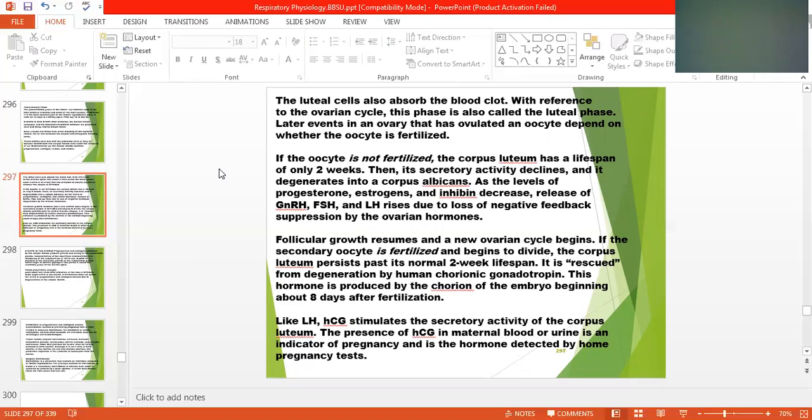If the secondary oocyte is fertilized and begins to divide, the corpus luteum persists past its normal 2-week lifespan. It is rescued from degeneration by human chorionic gonadotropin. This hormone is produced by the chorion of the embryo beginning about 8 days after fertilization. Like LH,